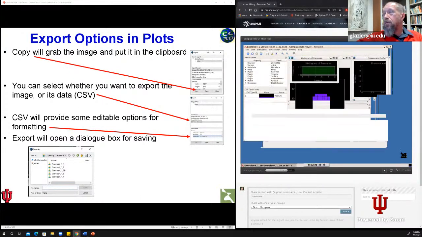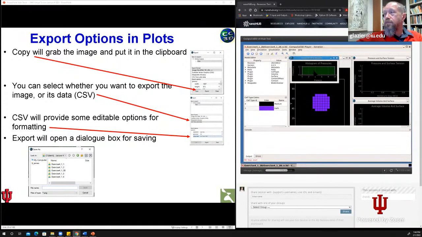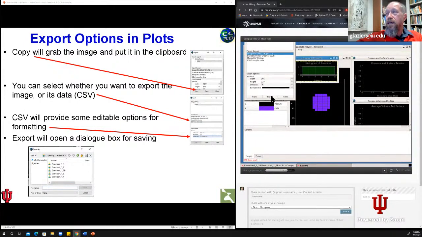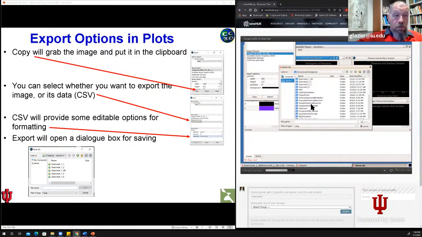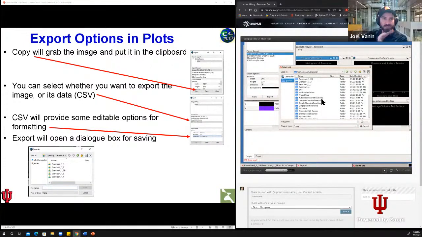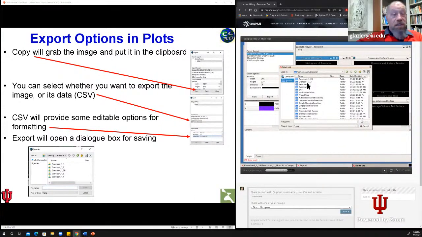Anybody else want to report their experience? But what should work is if I go to export, and now I select export, it will give me the option of saving it. So that will work. What seems to be an issue is that NanoHub doesn't give me access to, well, remember, we can't cut and paste well in NanoHub anyway. So there's some privilege issue with the clipboard in NanoHub. Yeah, copying on a virtual machine is always a problem. Yeah. But I can save the image